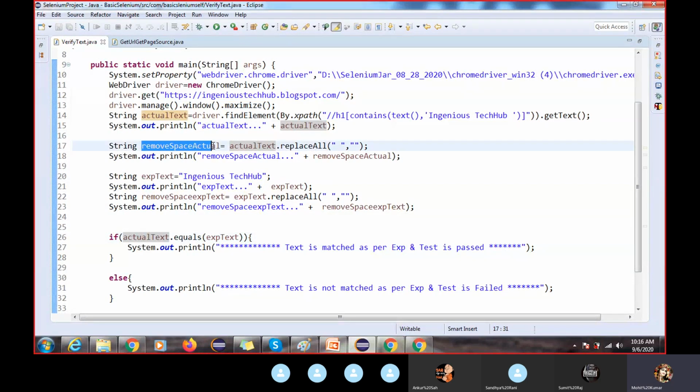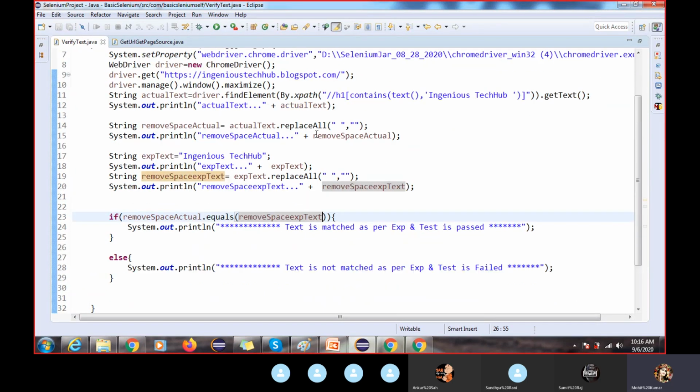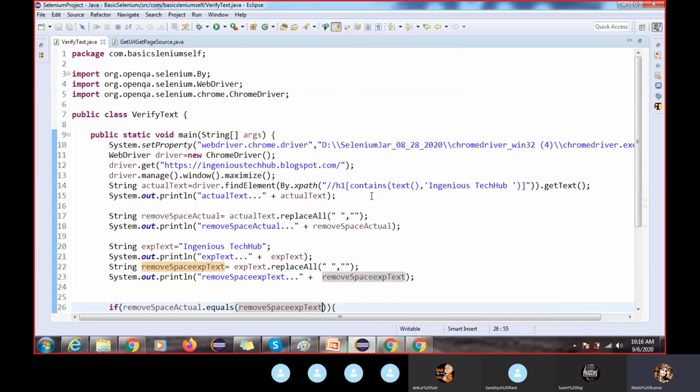This one you have to give here, because we are comparing this value. Like that, you have to fix your code in real time. Remove whitespace expected, so I'm comparing after removing this space. Let me execute. Okay, then we'll see. If it still fails, then again I will look at that.